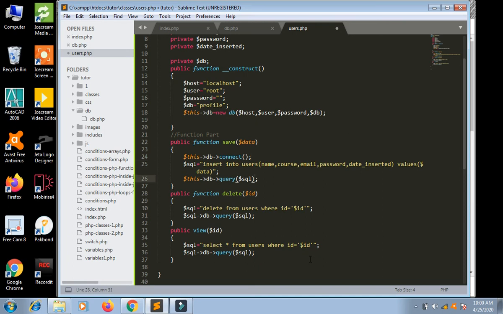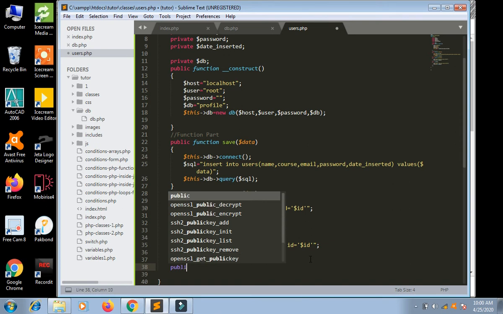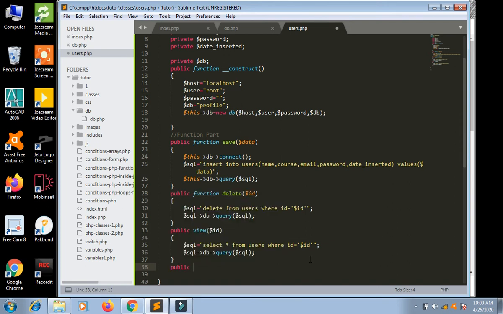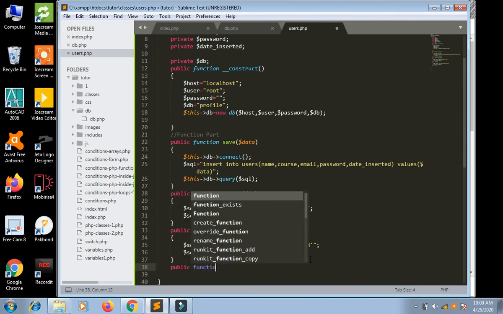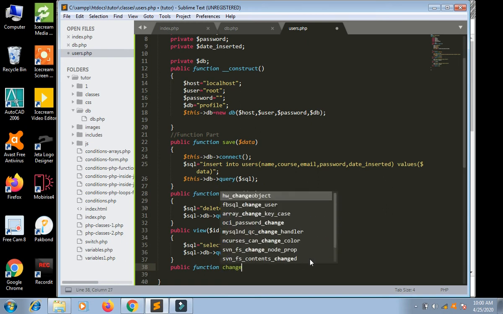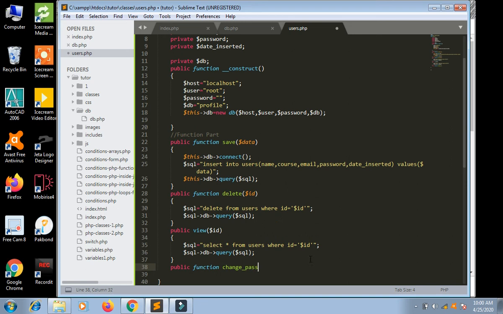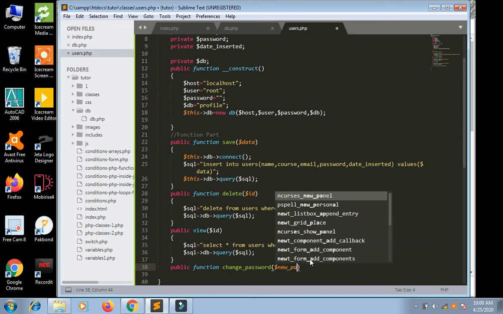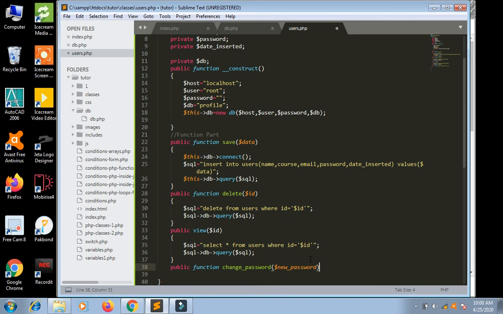Now we have delete function, save function, change password, public function change password, and $new password.